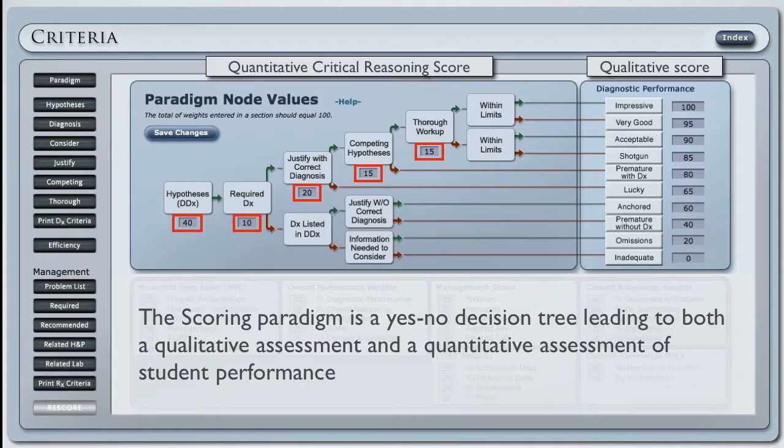You can change the paradigm point values to emphasize or de-emphasize a particular skill in working up a patient problem. Beginning with their hypothesis list and diagnosis, students move up or down the decision tree. In addition to the clinical reasoning score, the DxR record utility assigns a level of diagnostic performance for each student. The student's performance is evaluated at each successive node until he or she eventually arrives at a level of diagnostic